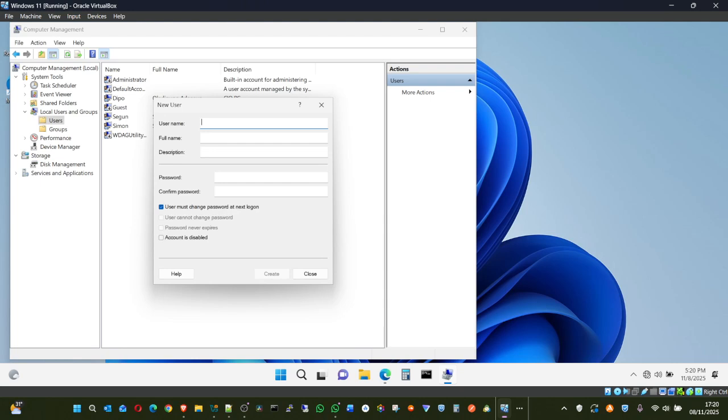I can now say who I should add. I can say Adeola. It doesn't matter whether it's small case, the username is not case sensitive. Adeola, right?